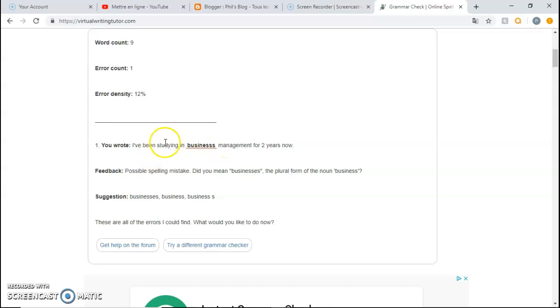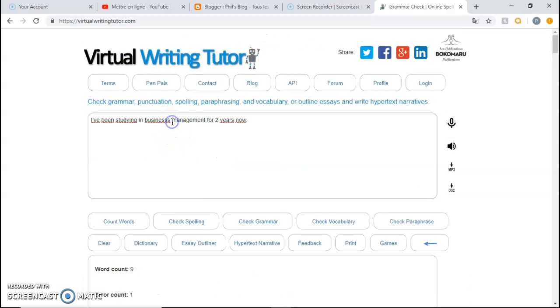My error was that I put the 3 S's at businesses. So there's the feedback, possible spelling mistake, and the suggestion. I wanted to write business in my case. So I'll just erase an S, delete an S. And after